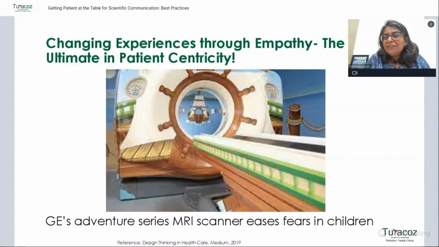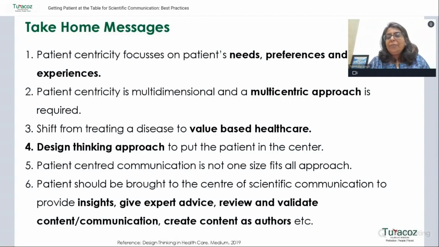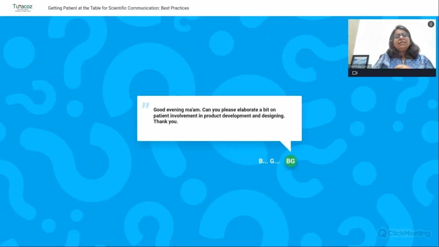Child is not crying and there is no cancellation of appointments. So this is the impact of something so simple, but when you see the whole impact of it, it was mind blowing, and very interesting, and something for us to take a lesson from. Now, coming to the last slide. Okay, so Bhagyashree is asking